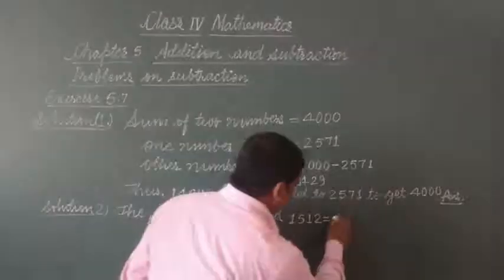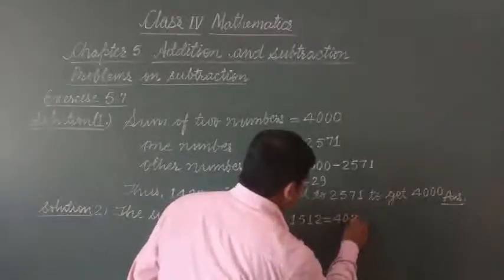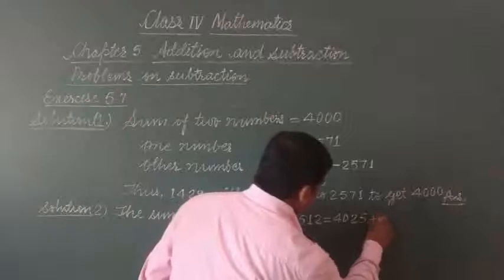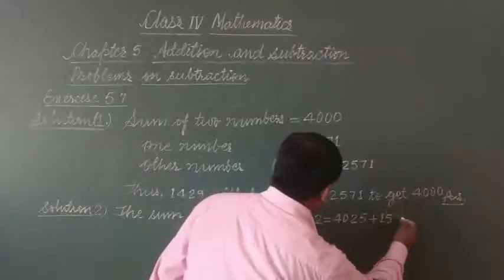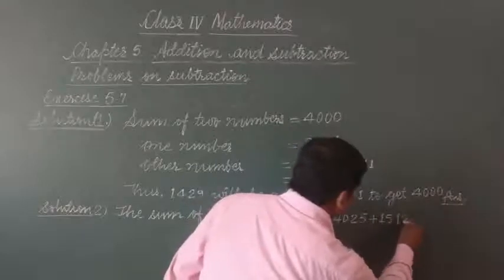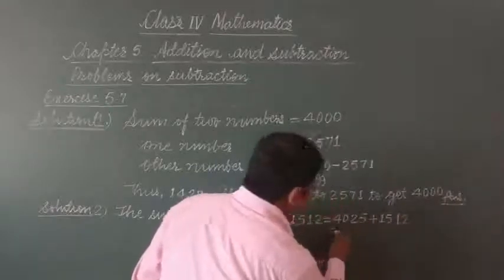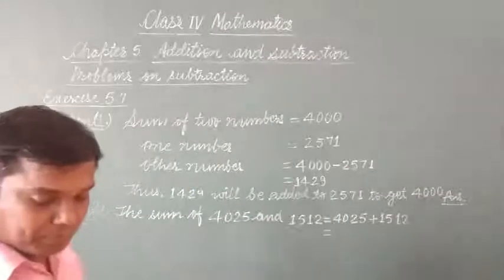So 4025 plus 1512. When you add, you will get the sum